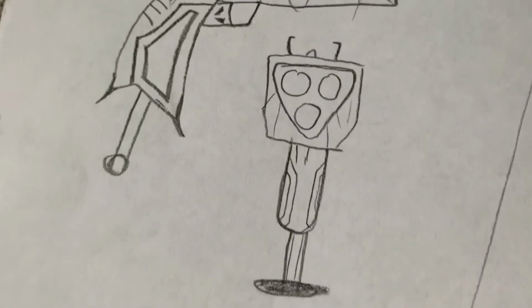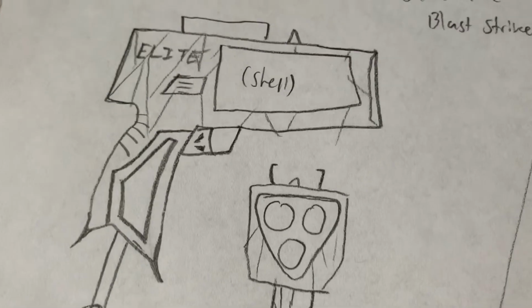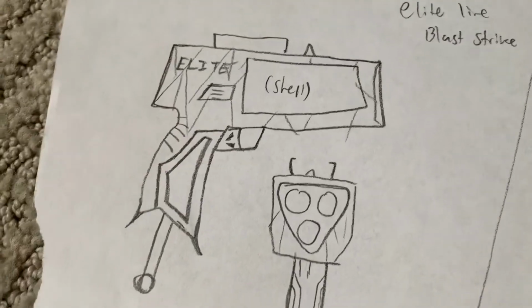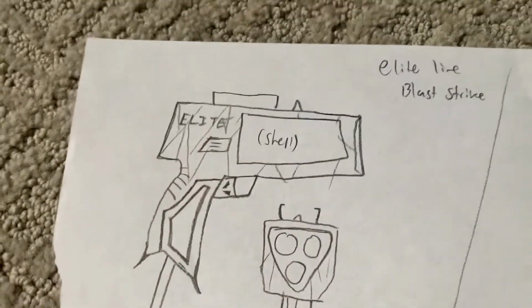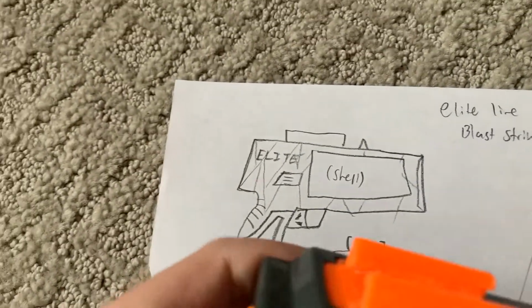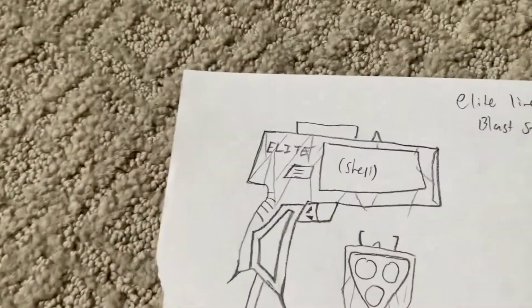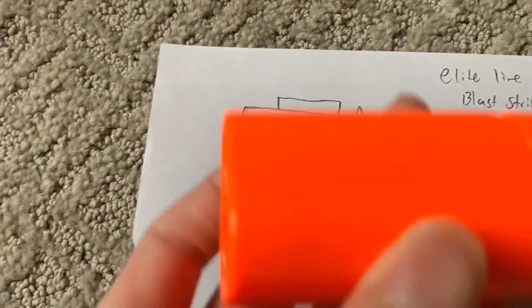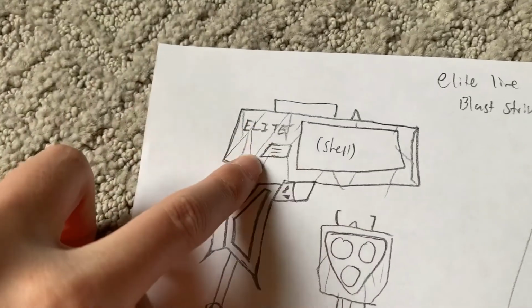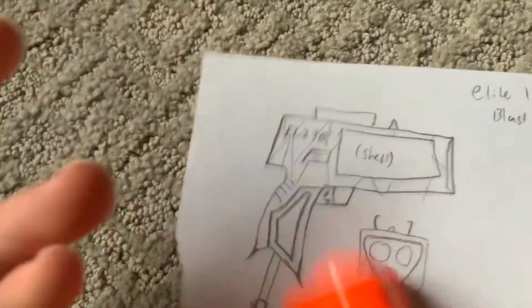I'll just show you. I drew these, by the way. So yeah, here's what it would look like. Basically, you're probably seeing all these lines. I'll get into that in a second. On top, we have one of these like attachment things. You might see it on like one of those. Then over here I wrote shell because it'll take shells. Then over here is a button, so that way you can press that and then just pop the shell out